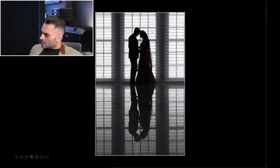So getting them to step away a little bit more so you can see a gap between them. Otherwise, that silhouette just merges, becomes a black mass, and that's not very enjoyable to look at. It won't make a very good photograph. So creating a little sliver of light between them as a bit of separation allows you also to get a